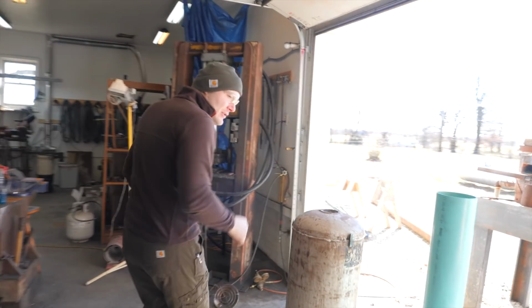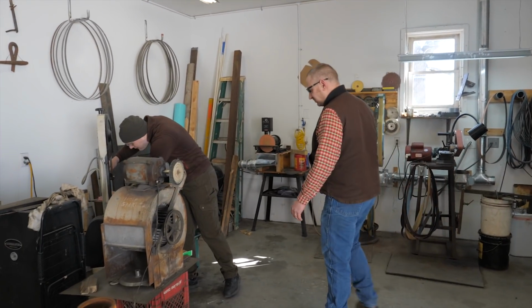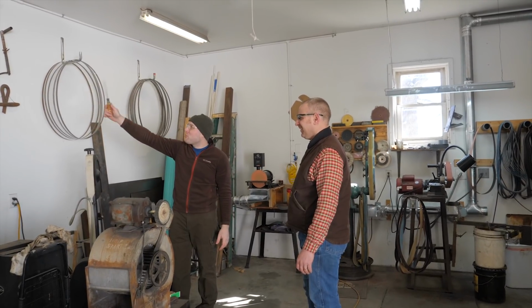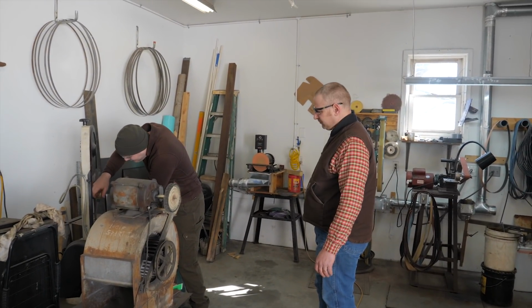I better get my forge plugged in because the last thing we were using was this other forge. Take this off so we can cut some steel. You got a new belt with bandsaw blade? I have a really good new one there and I have a brand new one there. And I have this one that barely cuts. We'll try this one and if we have to, we'll put a different one on, but I only like normally